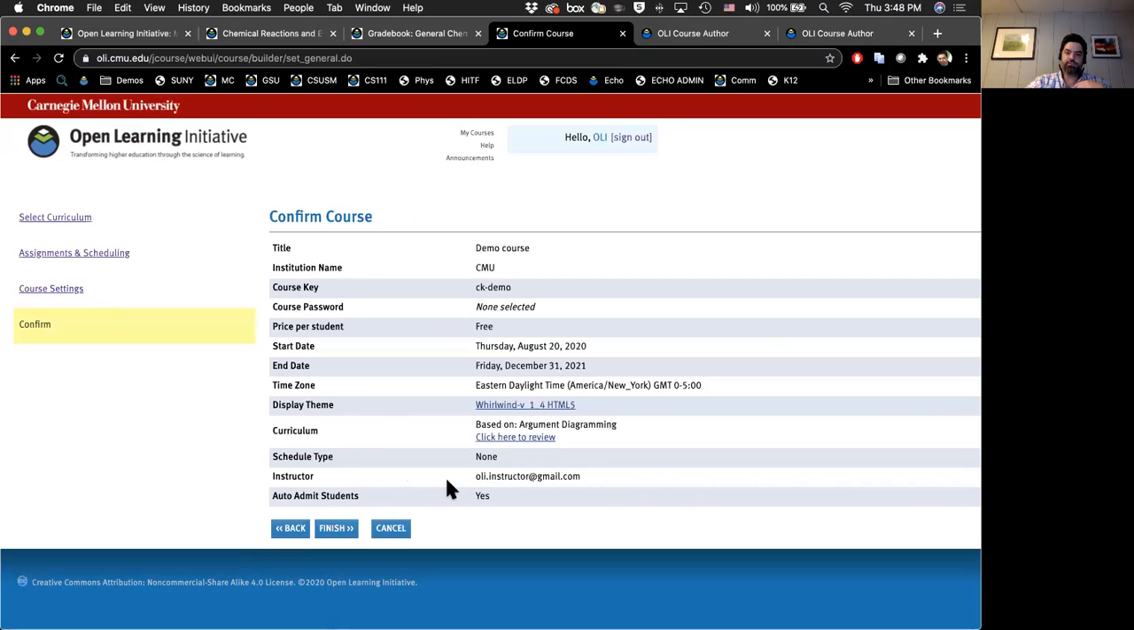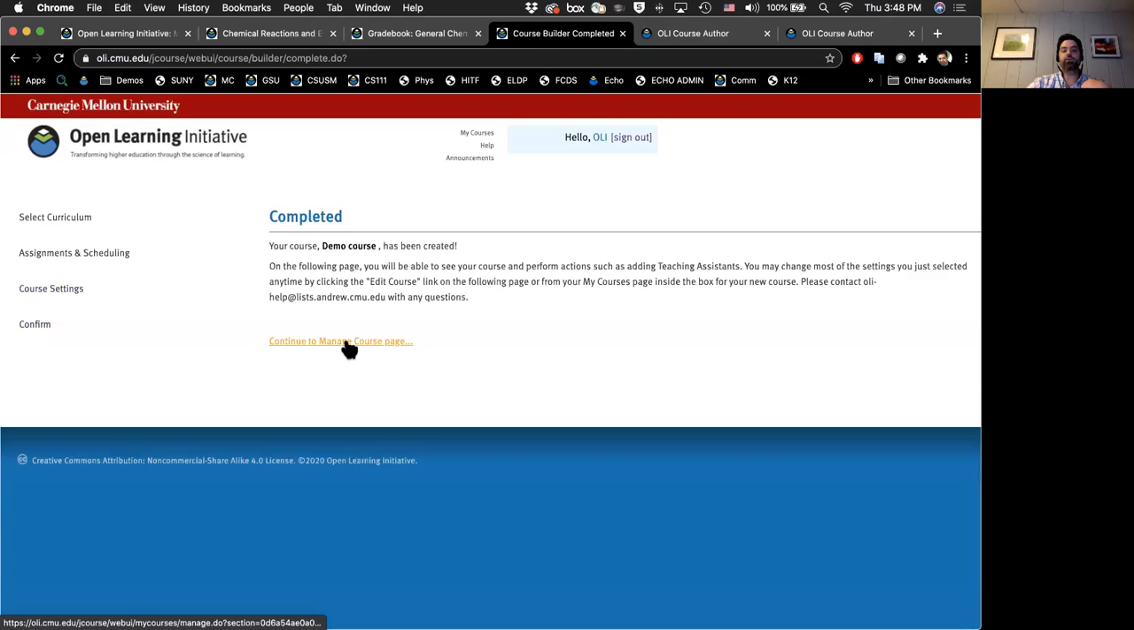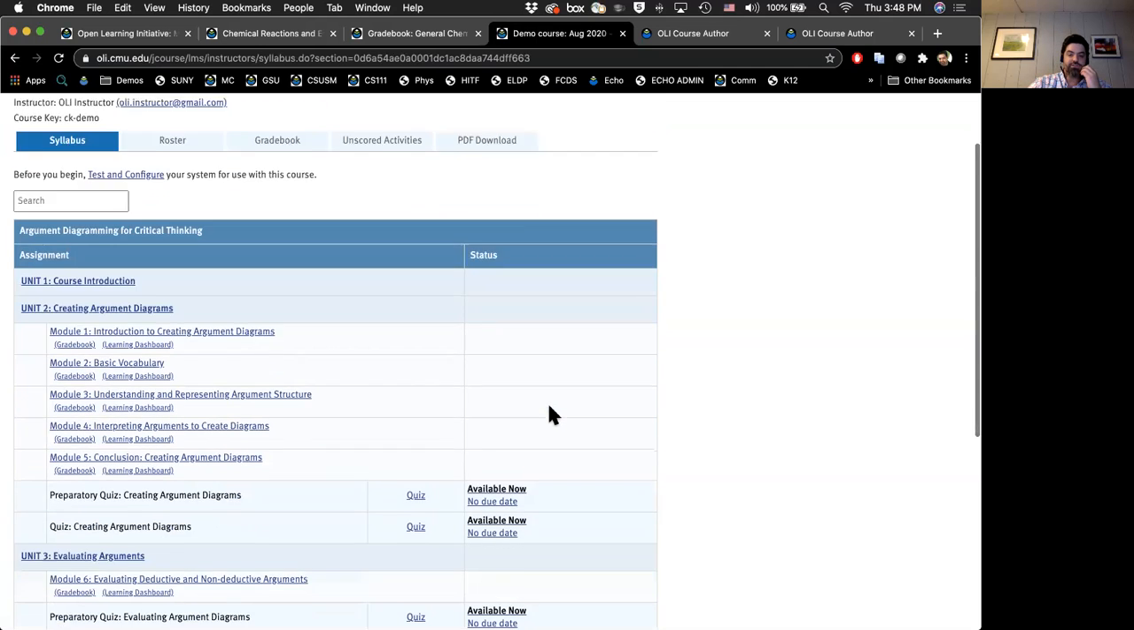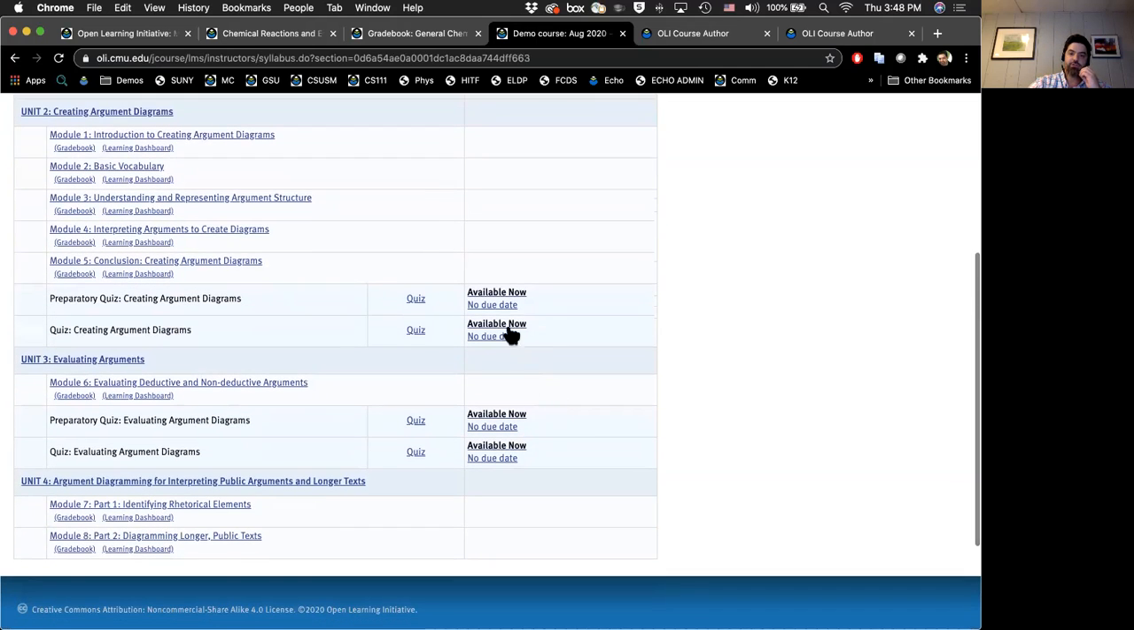Auto admit students is also usually the default, because otherwise they're embargoed and you have to manually accept each one, and then you just confirm what you've entered, and click finish, and that's it. So now at this point the course has been created with the default set of content and no schedule, and that's it. And if you wanted to go in and change the schedule, you would visit the syllabus page, and